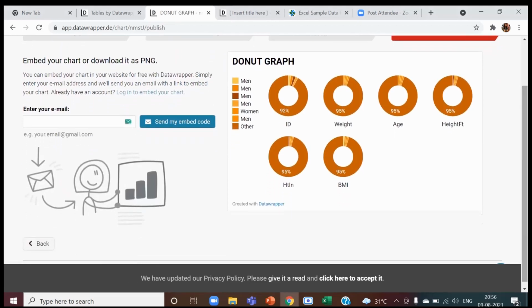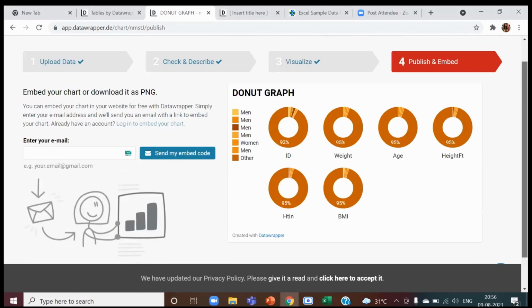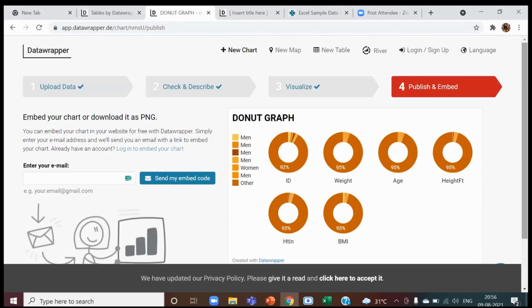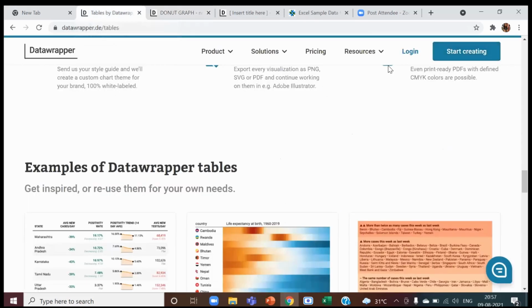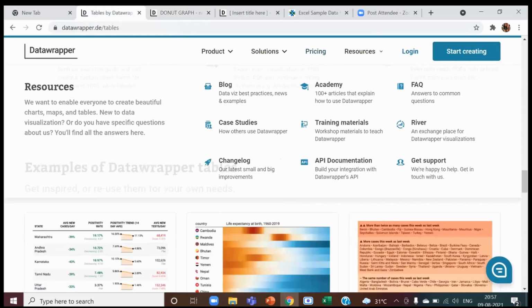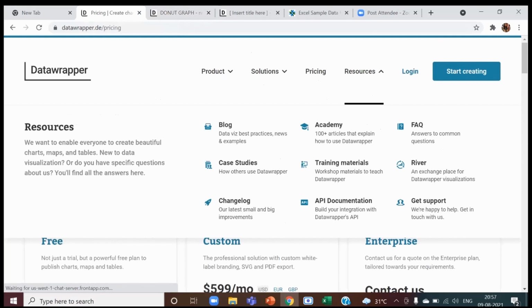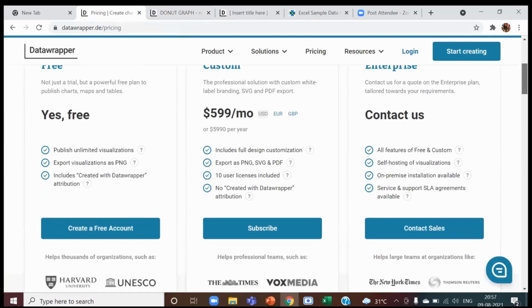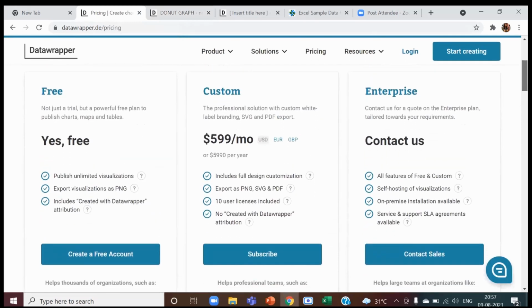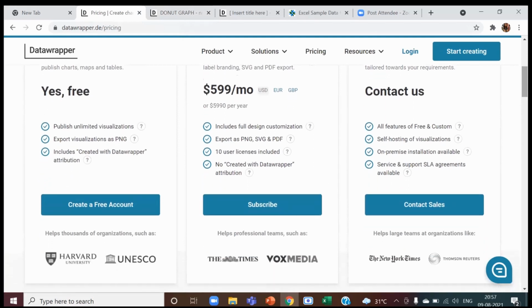Since we are using this as a free tool, we can get it on our mail, and a PNG file would be available to us. Also, one thing I can mention is that in this tool, there are multiple options that are not available in the free version, but if we want other facilities of customization and enterprise, there are a lot more available, and we can subscribe to those.